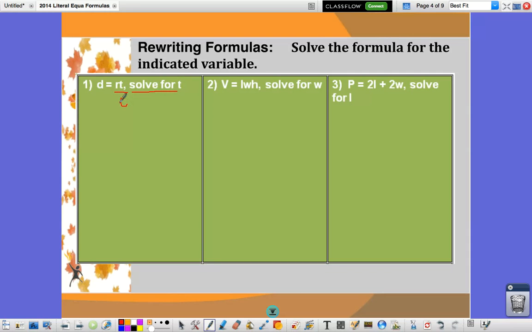Well, nothing good. T would be canceled out. And what are we trying to do? We're trying to solve for T, okay, which means to get T by itself, not get rid of it. So the only way to get T by itself here is to actually divide by the other variable. And remember why we're dividing. We're doing the opposite operation of multiplication. So R divided by R goes away, and we get T equals,